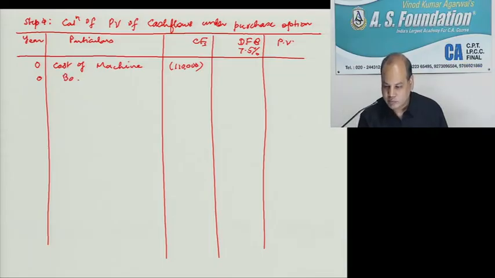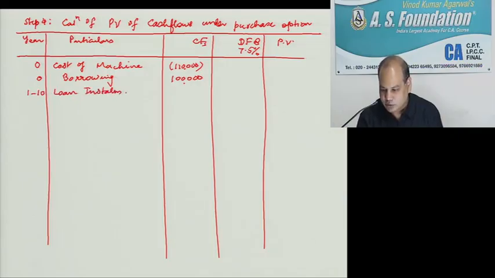Borrowing: 1 lakh, positive. So automatically 10,000 rupees net outflow is the down payment. No need to write 10,000 again. Years 1-10: loan installment, which we have computed in bracket step 1,